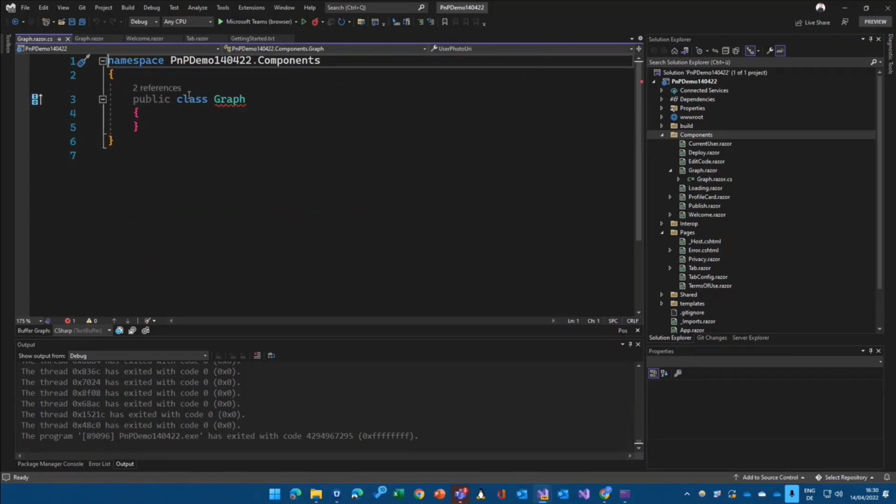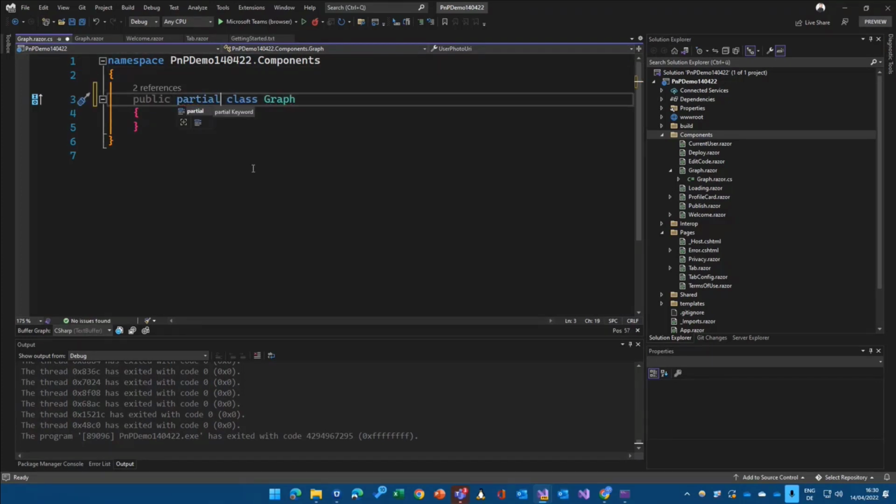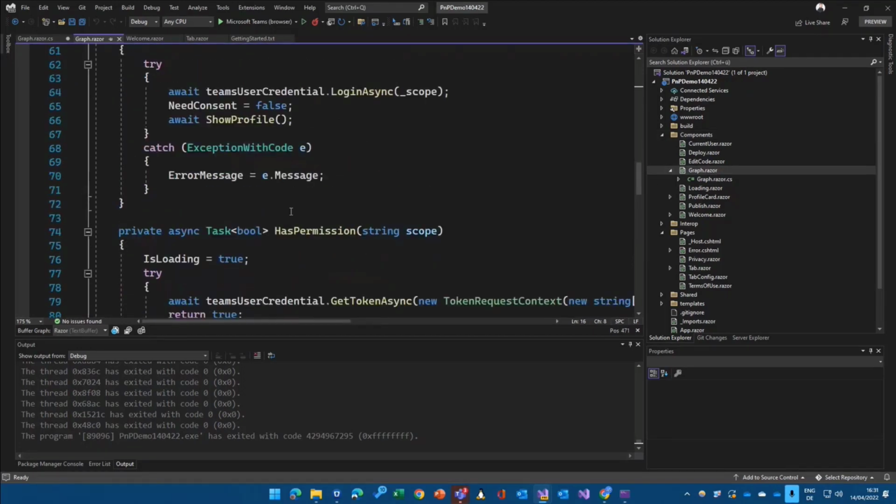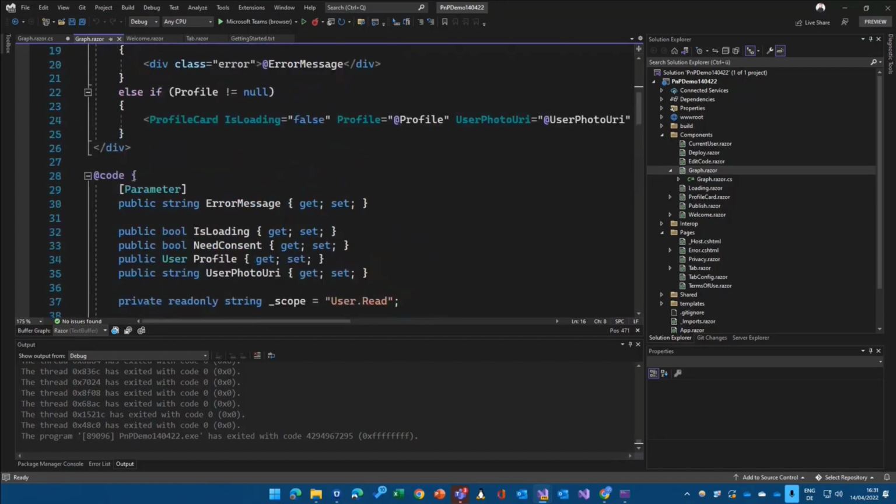I get a short error message because I need to make that a partial class, because of how Blazor is working. Blazor is basically building on top of the Razor file already a code behind file. And there is a class already present that is not shown in Visual Studio. So I would need to make it a partial class to be part of the package that gets sent to the compiler at the end of the day. And now I can go into my Razor component and go up to the code block, take everything from here.